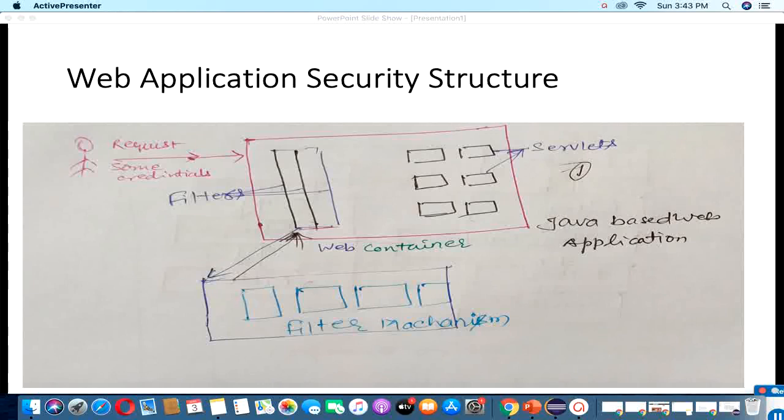But when we introduce security, meaning the filter, it creates one layer between the servlet and the request, and the filter is responsible for checking the whole security process. Once the security process finds all the information valid, it allows the request through to the particular servlet; otherwise it shows the error message in the response.